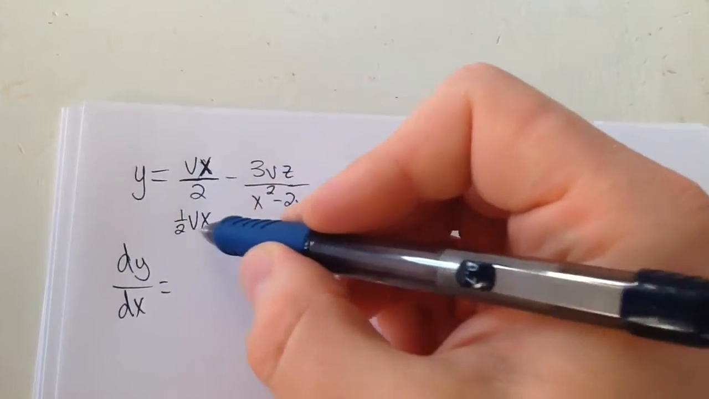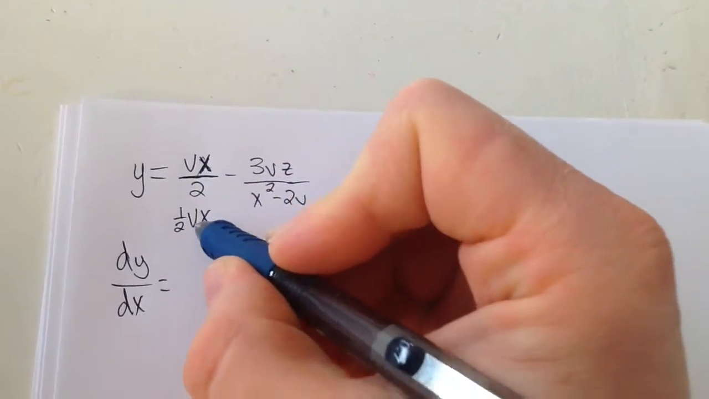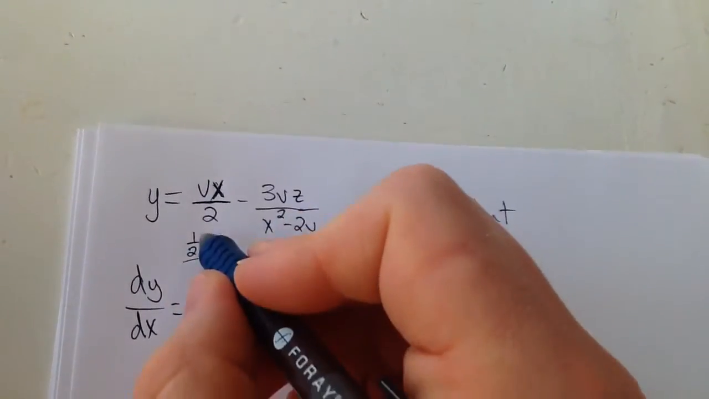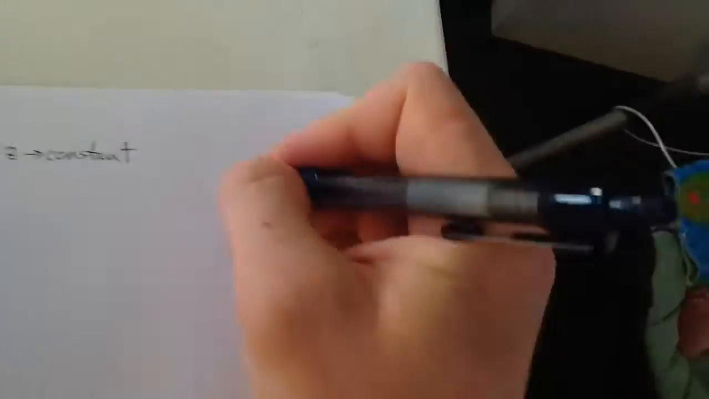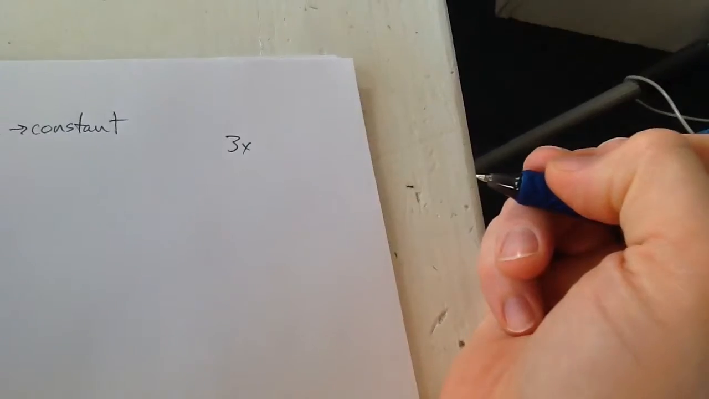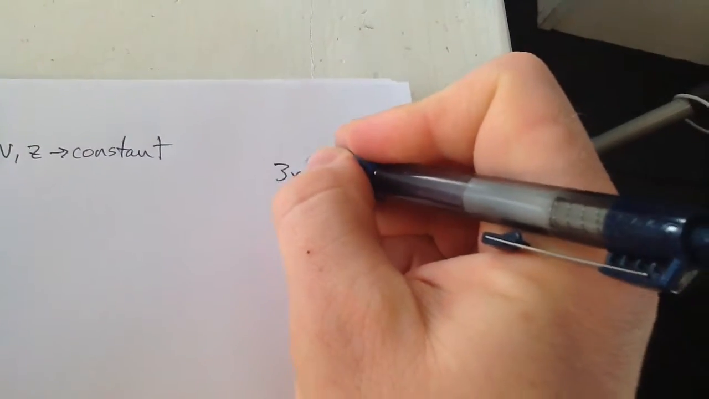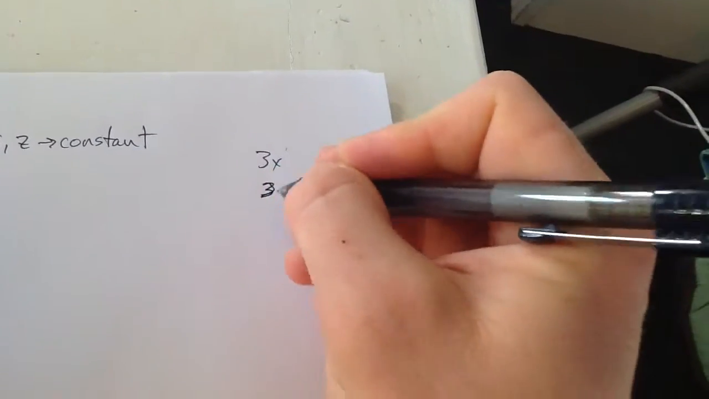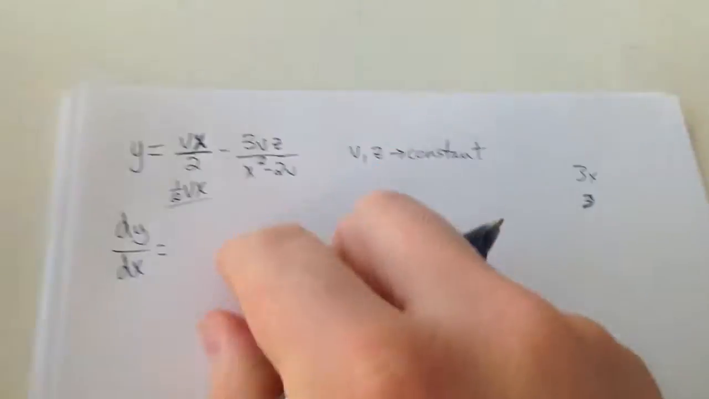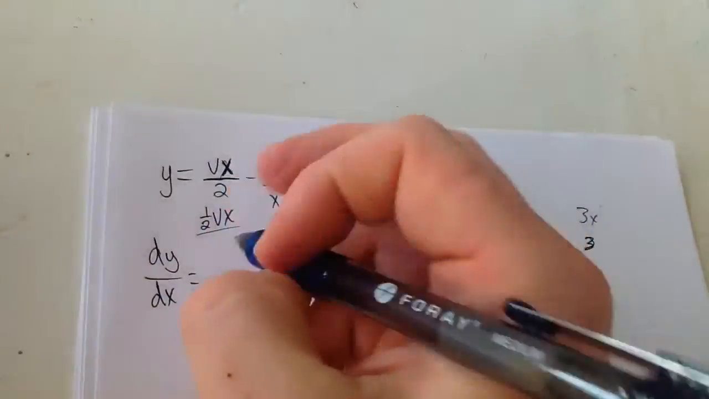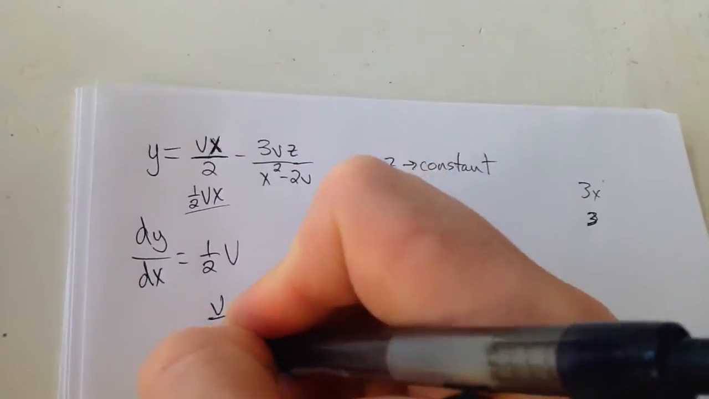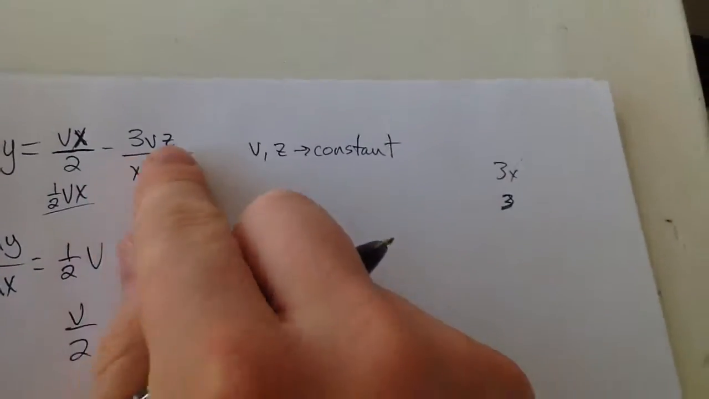And now I can just use like power rule here. Those are constants. So the derivative of this is just like a number in front of x. Like if I had 3x and I told you to find the derivative, well, power rule, 1 times 3 is 3, x to the 0, so it's just 3. The derivative of 3x is just 3. So the derivative of that thing is just 1/2 v, or you could write it as v over 2. Okay, now this one,